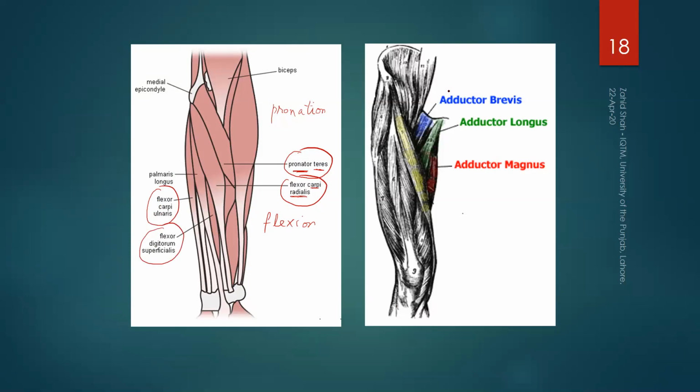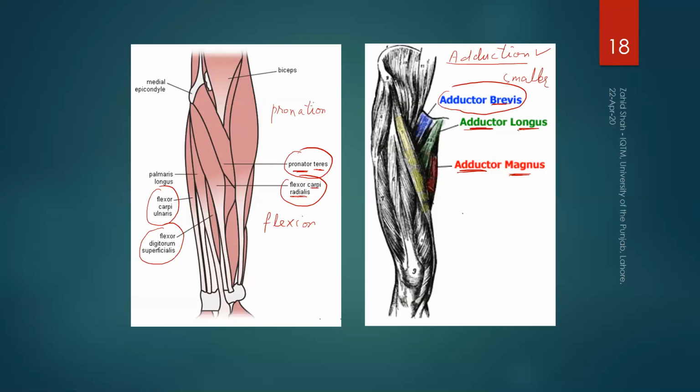So in this case, this muscle adductor brevis helps us generate adduction, and brevis means this is the smaller of the muscles. This is also an adductor muscle. It also generates adduction, but this is the longer one. And this is also generating adduction, but this is the bigger muscle. So all three generate the same movement, adduction, but one is small, one is long, and the third is greater in size.